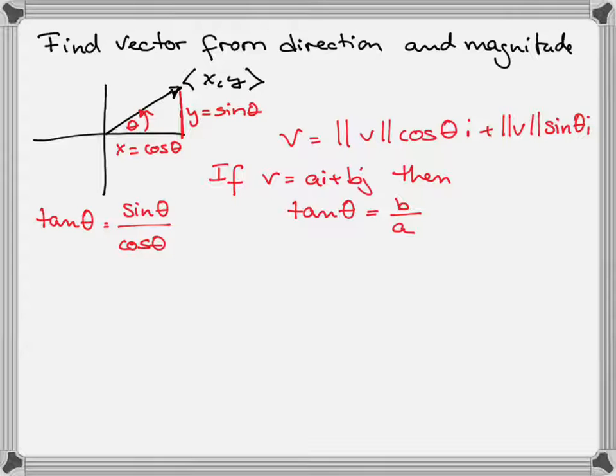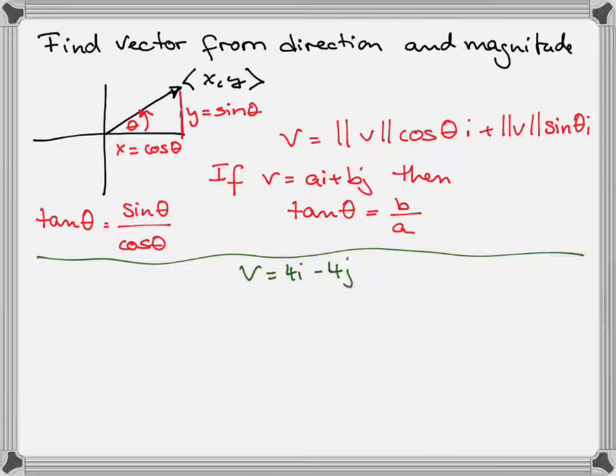So let's take a look at a problem here. Let's say we have the vector v, which is 4i minus 4j. It's always good to draw a picture. So really, a 4i minus 4j kind of represents your ordered pair, which is 4 comma negative 4. So if we graph this,